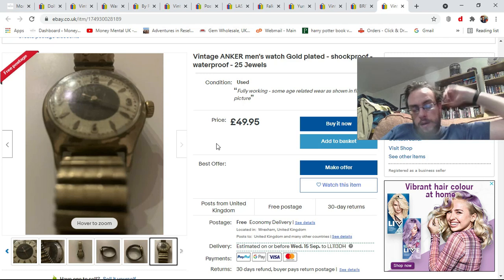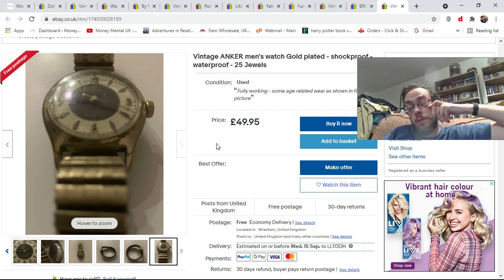But funds are tight. Sales are particularly poor this week with the heat wave we're going through. So I'm just going to save my cash and spend it at the car boots. I'll still get fails there and pick up stuff I shouldn't have, but the amount of cash I'll be spending is probably going to be less. So yeah, I think that's going to be my main focus, my main strategy in terms of sourcing